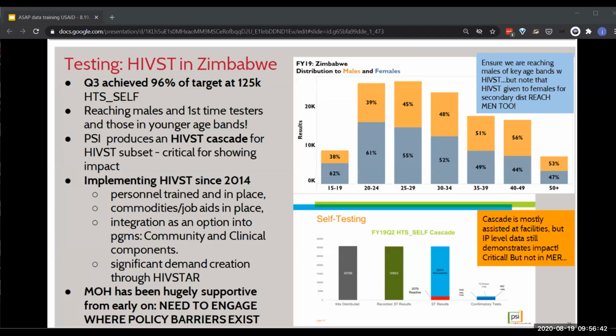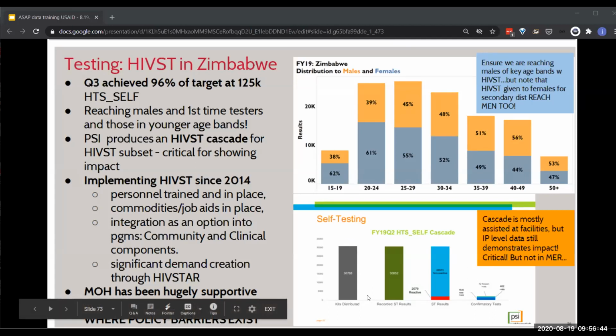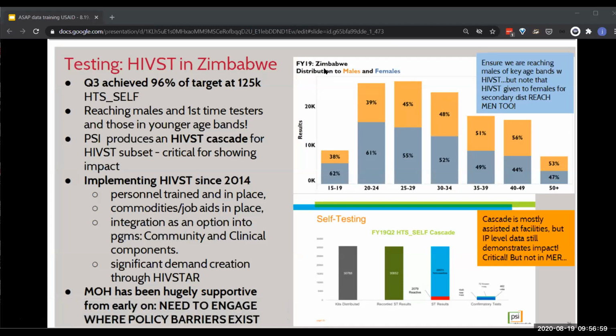So the self-testing results at the very lower left-hand corner are the number of kits distributed, the number of results, and then in the final lower right-hand side, you've got the number of confirmatory tests. And so that compared to the distribution in the upper hand,